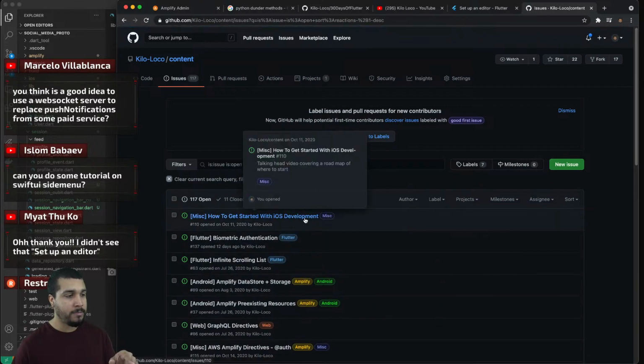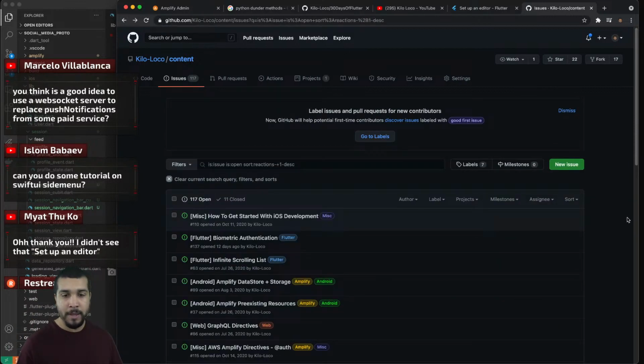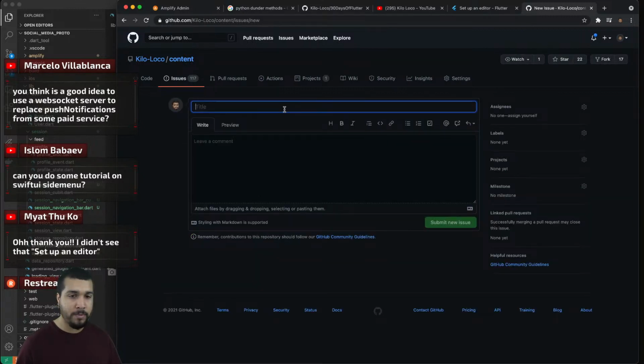The ones with more thumbs up are the ones I'm going to consider making first. It might not always turn out that way, but I will definitely try to prioritize doing that from now on. And you want this to be in SwiftUI, so this is going to be iOS